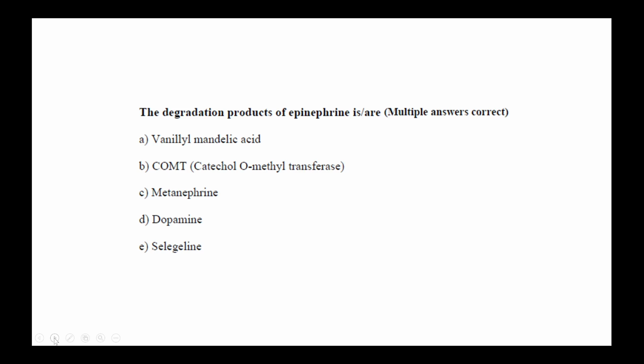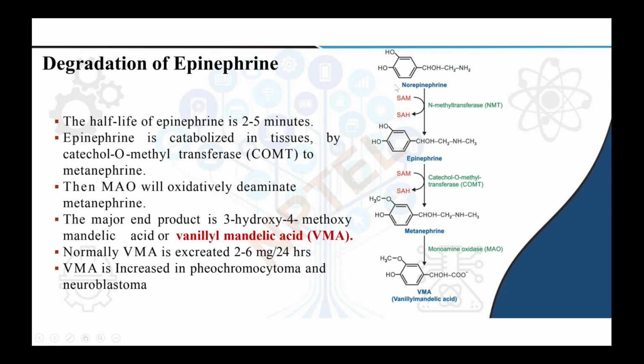You have written option A and C. That is vanillyl mandelic acid and metanephrine. That is the correct answer. So vanillyl mandelic acid and metanephrine are the degradation products of epinephrine. So this is the degradation pathway of epinephrine. Once norepinephrine is converted into epinephrine by a methyl transfer, epinephrine gets converted into metanephrine by another methyl transfer,